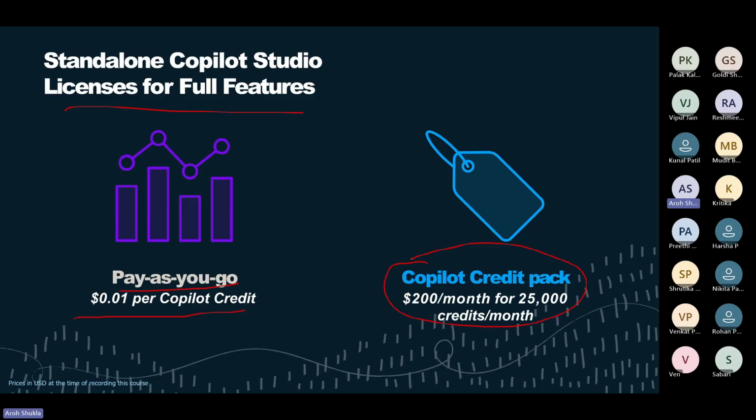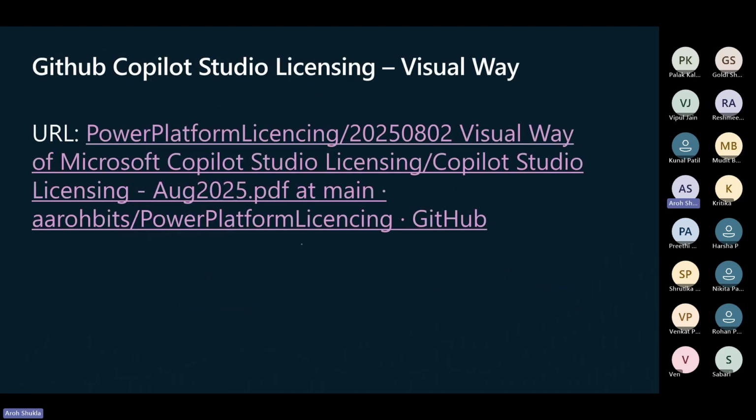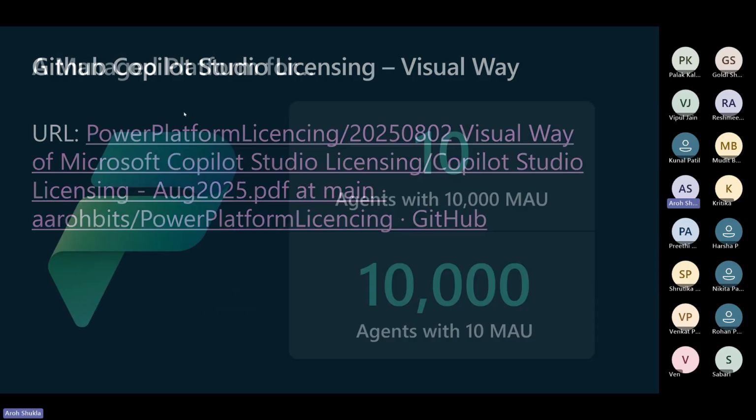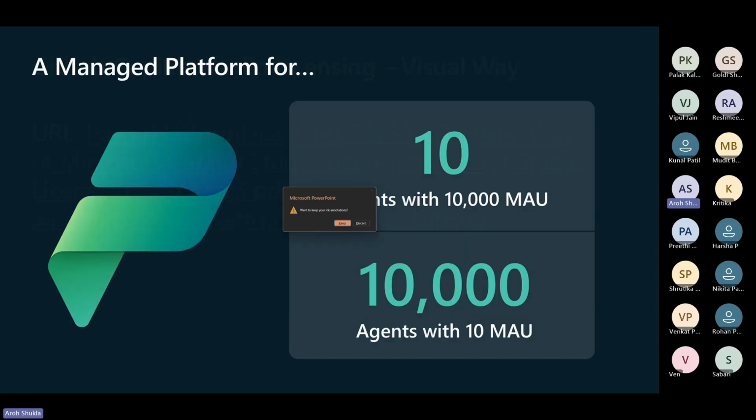Why am I telling you this information? It's because every time I have any session, people ask about licensing, right? So I thought it's very important for everyone to understand how the licenses work. Okay, so let me give you something which I built from scratch, so you get an understanding. Let me close my deck here.